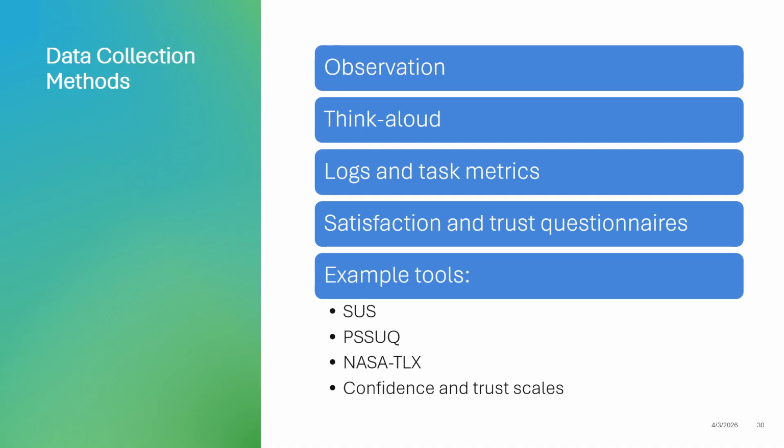It's not a percentage, it's just an index, and depending on the context, we can use a cutoff that is different for every single scenario. The PSSQ is something that was created by IBM, the post-study usability questionnaire. It is a 17 or 19 item questionnaire, depending on the version, that allows us to identify 3 basic elements: information quality, the system itself, and the documentation, and an overall aspect of the